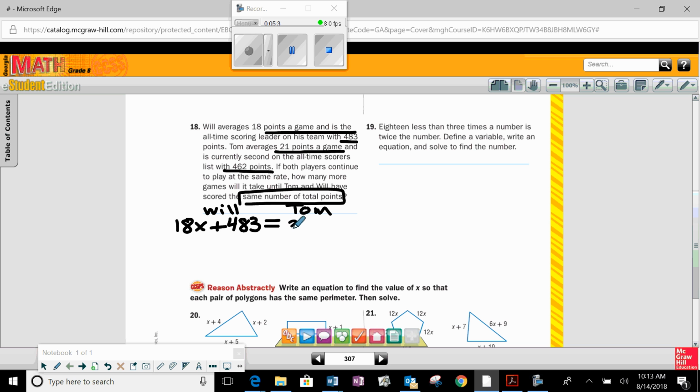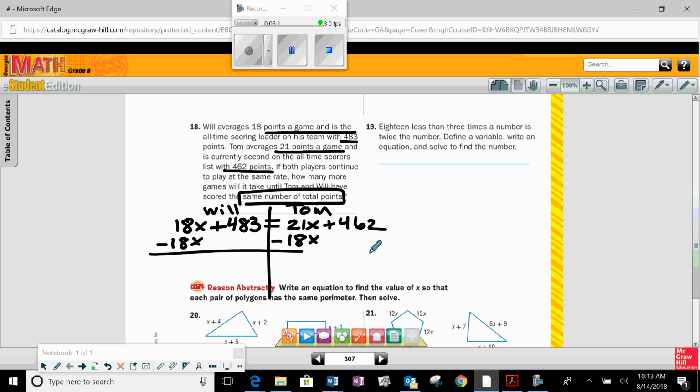So I'm going to say 21 points average per game, which is x, plus the 462 points that he already has. Now I have an equation, so I'm going to draw my line down the equal sign, and I need to get my variables on the same side. It doesn't really matter if you move the variable to the left or to the right, but because 21 is a larger number than 18, I'm going to move 18 over to the side with Tom. So this is a positive 18x, so I'm going to subtract 18x